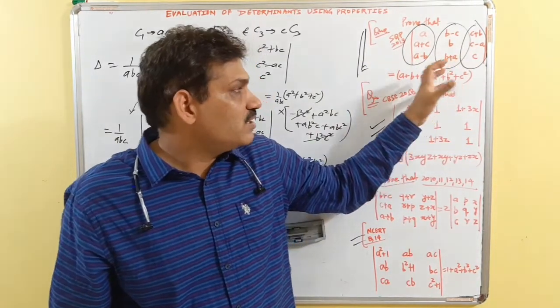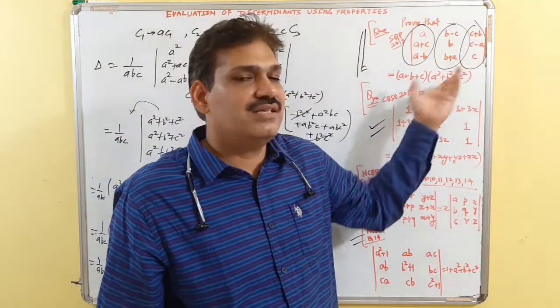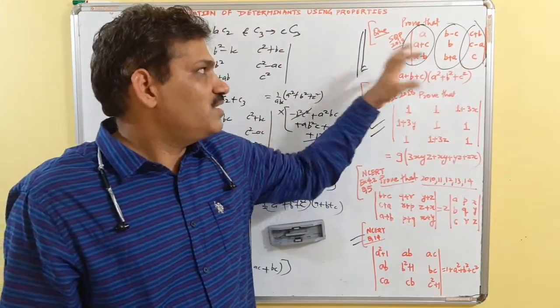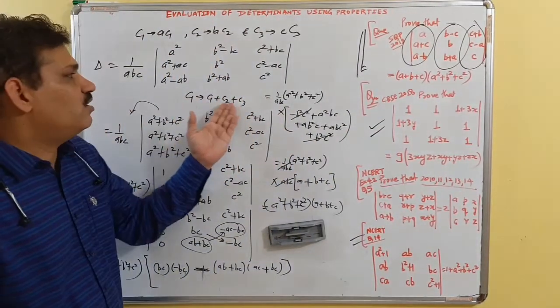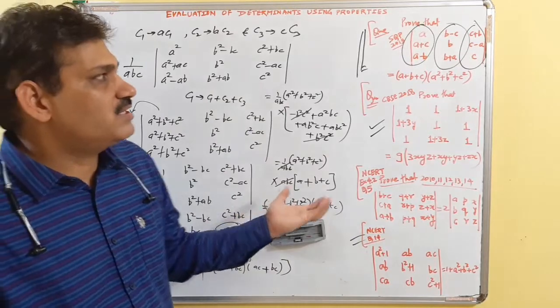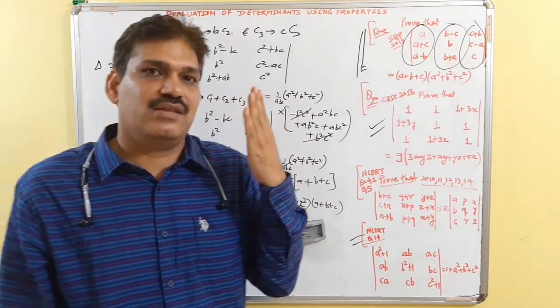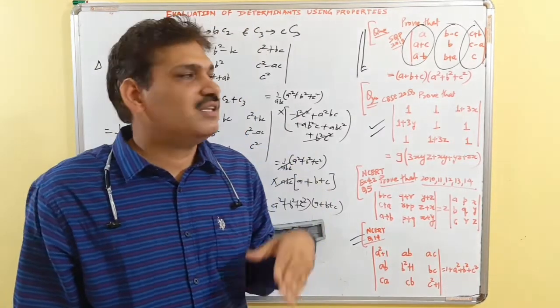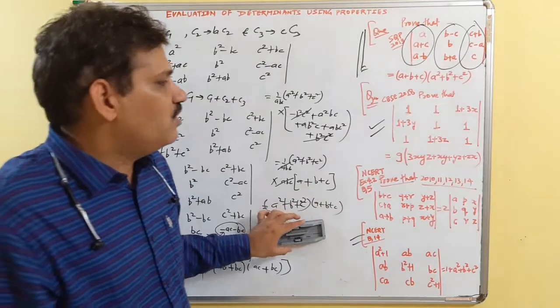But what we do is we multiply by A, B and C. As soon as we multiply A, B, C in columns, on adding all the three columns, what we get is A square plus B square plus C square common, so that we can get 3 ones. And as soon as we get 3 ones, we make 2 zeros and expand. So this is how it is done.